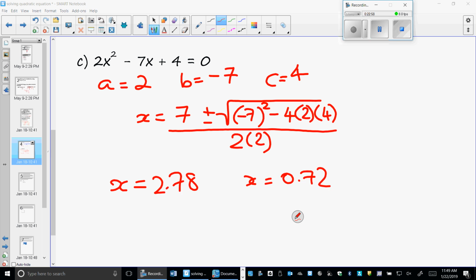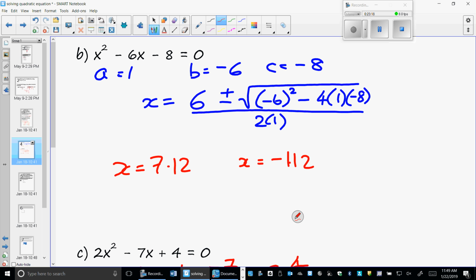Alright, so we all get 2.78 and 0.72. Just check the question, how is it rounded? It could be 3 significant figures, it could be 2 decimal places. Just follow the instructions. I know some of you in the last test weren't great at following instructions about rounding. Right, okay, so let's have some practice of some of the